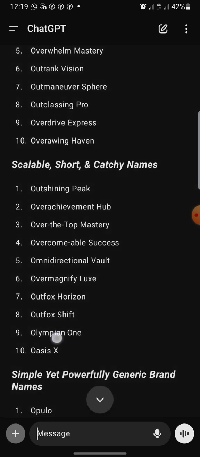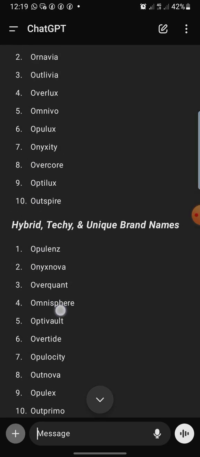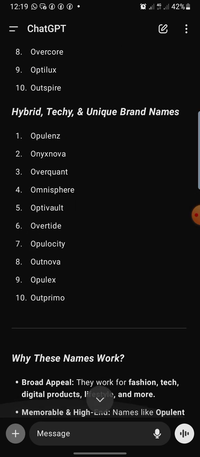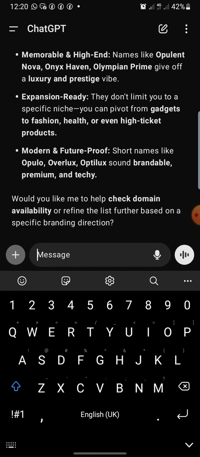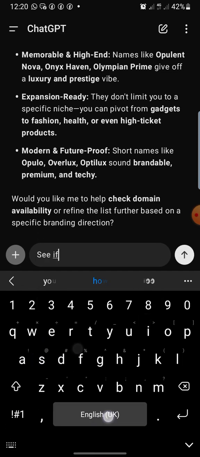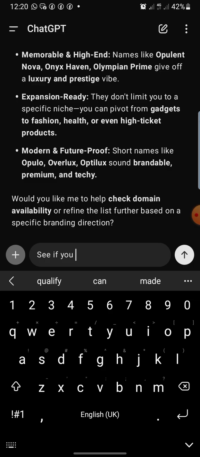And now, as if this is not enough, you can just take your time and scroll through. So let's even make it shorter. Let's do the final prompt. Let's make it shorter. If you need these names to be shorter, you can say something like, see if you can talk like you're talking to a real person. If you can creatively